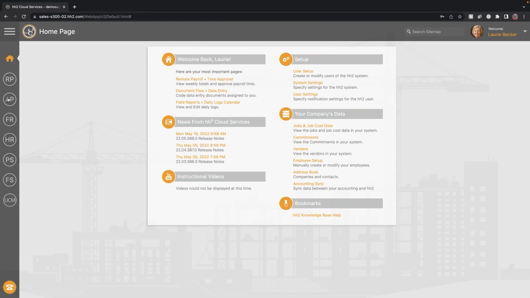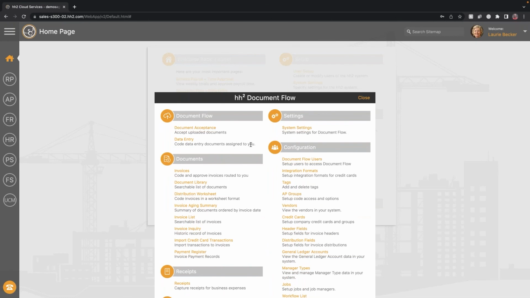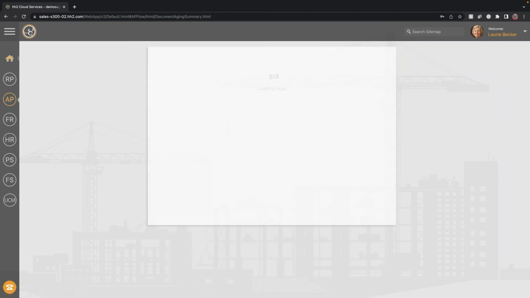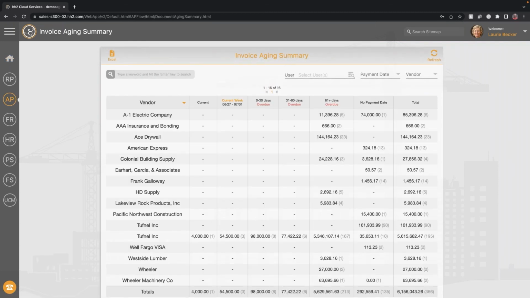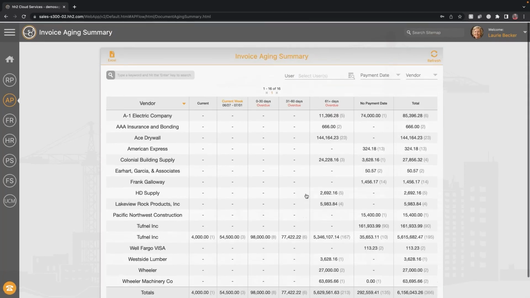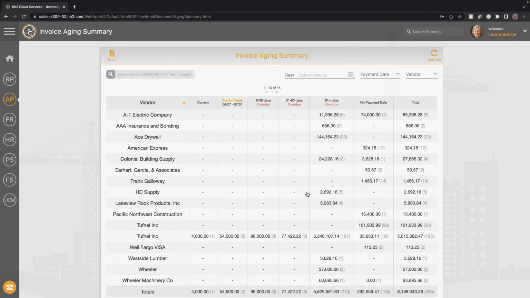And I'm going to log in and pull up my main menu from my admin. And instead of going into some of the screens we've already seen, let's take a look at an admin screen that's helpful to look at an aging report for invoices. This allows me to see all the invoices that are currently waiting on approval company-wide. And you can see we have an aging summary by different date ranges here. Currently, I'm displaying it by vendor. I can see where our pain points are by vendor, who we owe the most money to right now that hasn't been paid, hasn't been approved.